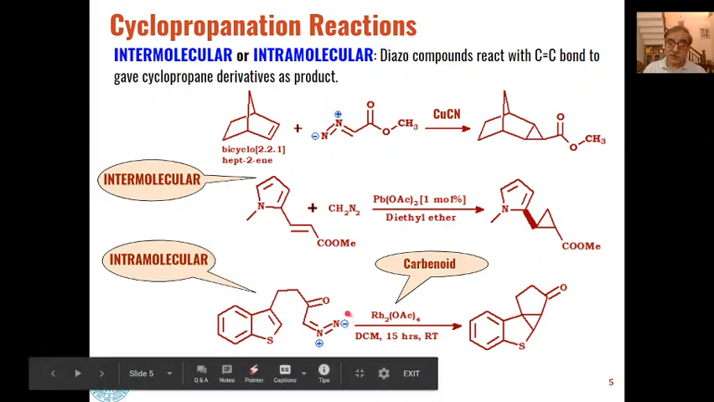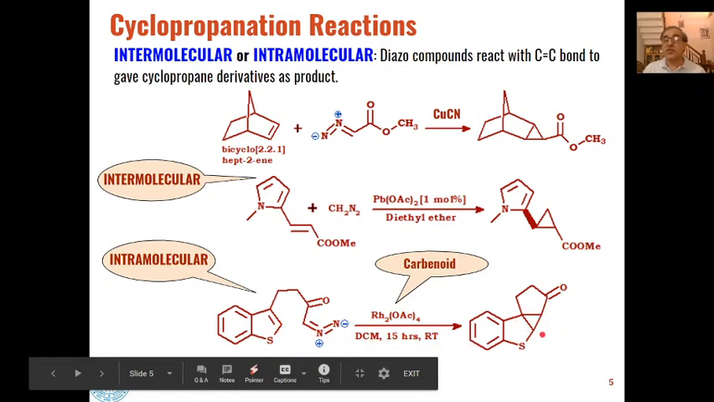Now you see this molecule here: the diazo compound as well as the alkene part are present in the same molecule. When this is reacted with rhodium acetate, we know that this diazo part will react with rhodium acetate to give us a carbenoid, that is, a metal carbene complex will be formed at this place, and that metal carbene complex will add to this carbon-carbon double bond to give us